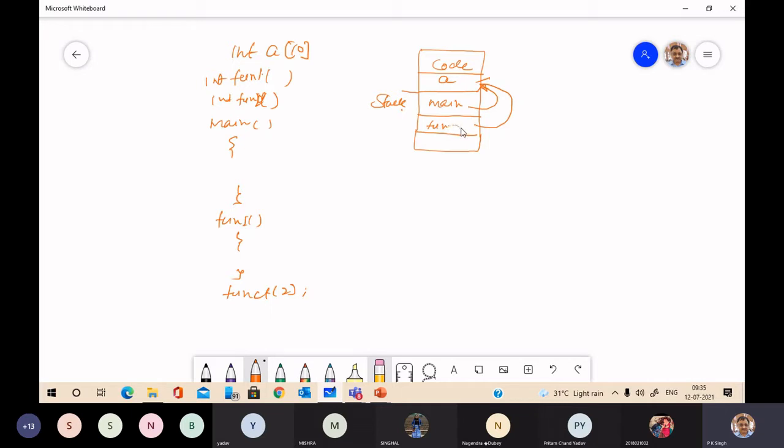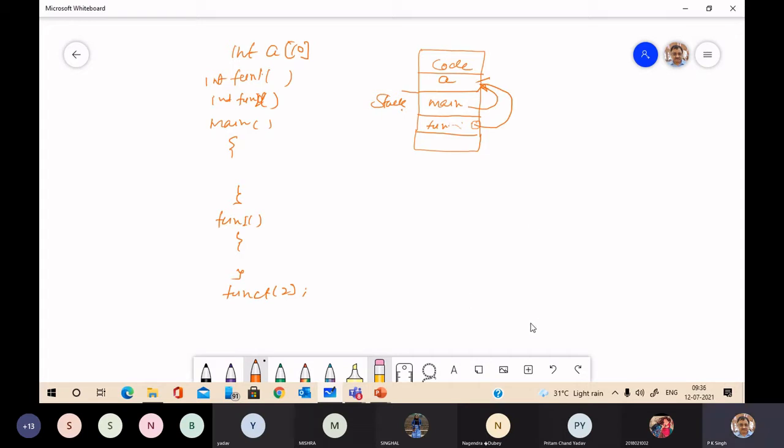So if you have to refer to any information which is non-local to this function, local information is available in the activation record of this function. But if you have to refer to any non-local information, then your control of execution will use this access link to refer to it. The scope, the variables visible for this function, are only the local variables of this function, as well as the variables that may be referred through the access link. This is the visibility of variables.